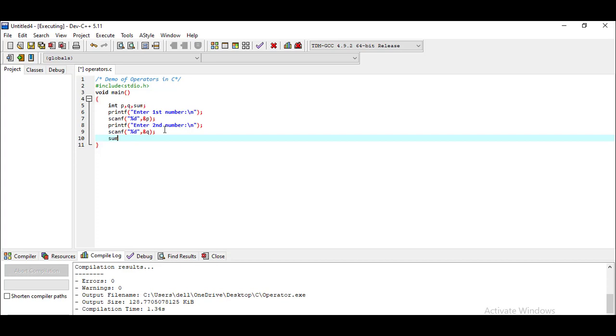So first I'm performing sum. So sum variable, then here I'm using equal to. Now in programming, this is not the equal to operator, this is called the assignment operator. So here I have to make the addition. So we have to use p plus, we have to put this plus symbol here, then q. What it will do, it will add the value of q to the variable p and assign whatever result comes out there to the variable sum.